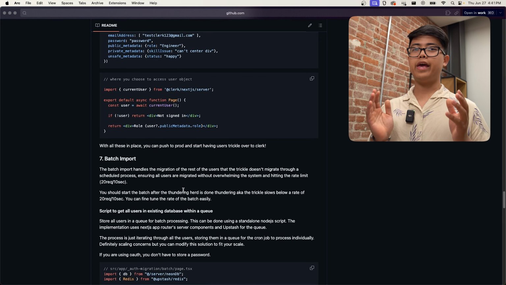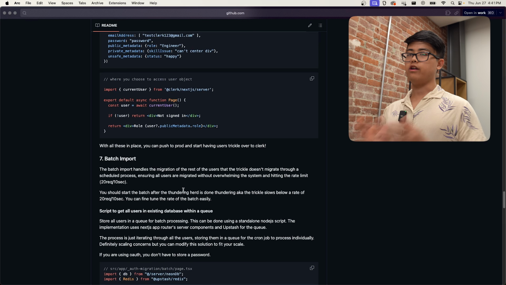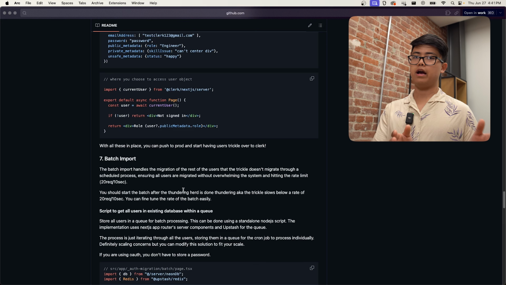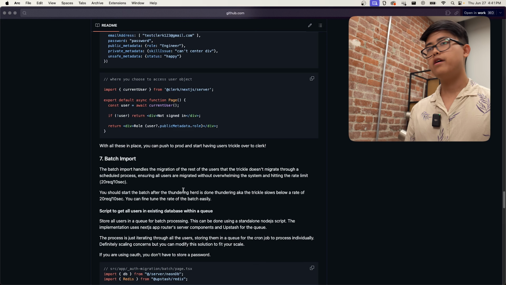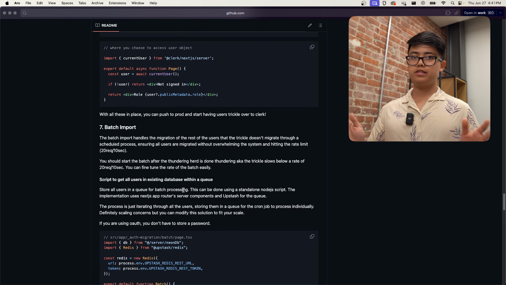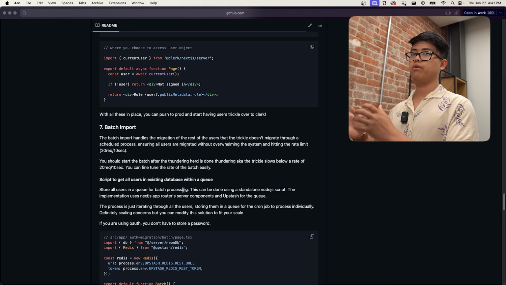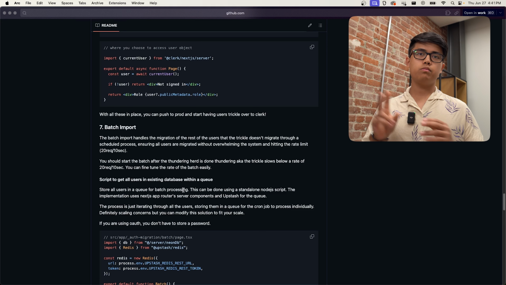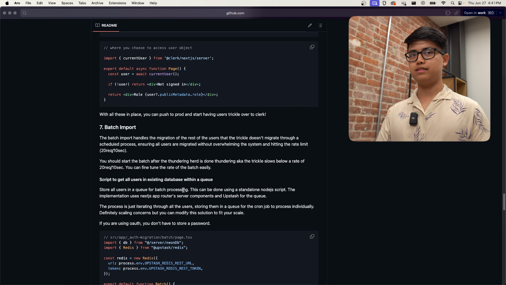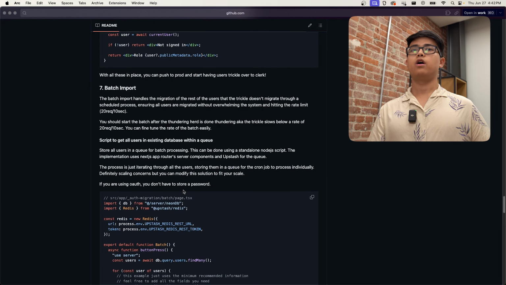Now, the trickle handled all the users that are on your application. What about the users that are not on your application, such as a user who is either logged out or hasn't visited your application during the migration process? For that, we have the second step, which is the batch import step. All this does is take every user from your database and import them into Clerk. The reason these two processes are separate is because we want to respect the rate limit of 20 requests every 10 seconds. Once the thundering herd of all 10,000 users getting trickled in at once is over, we recommend to